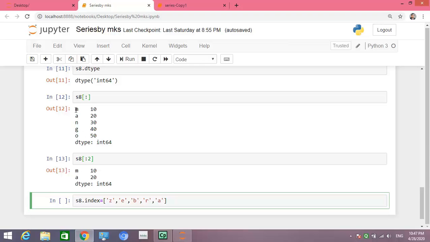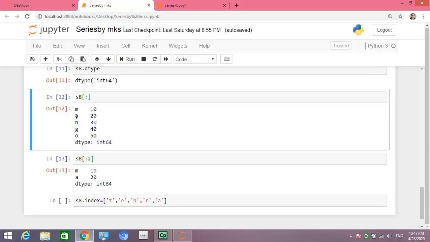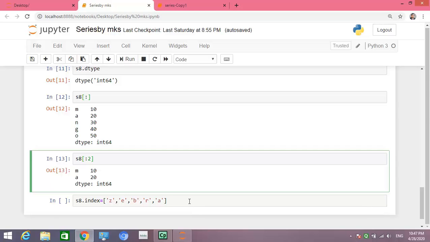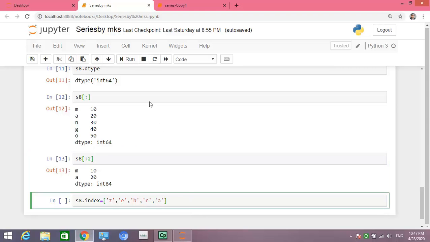Earlier it was mango, meaning the first index was M, the second index was A. Now we are changing it with different letters.